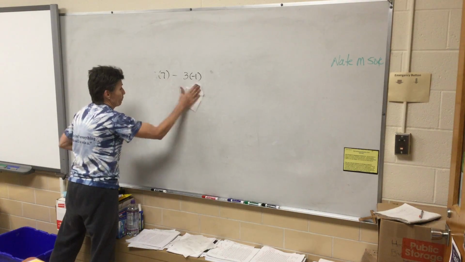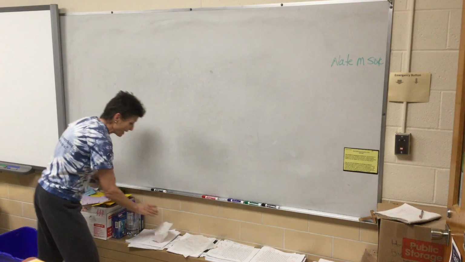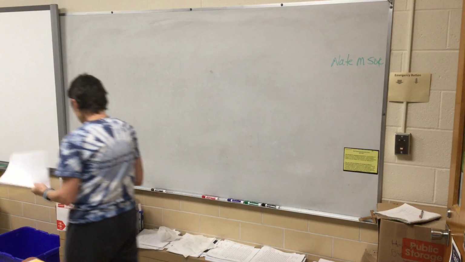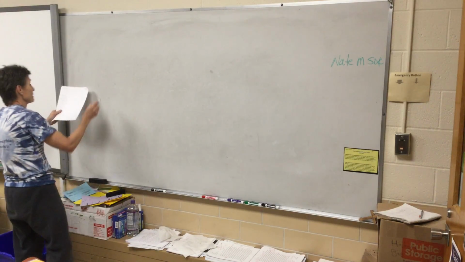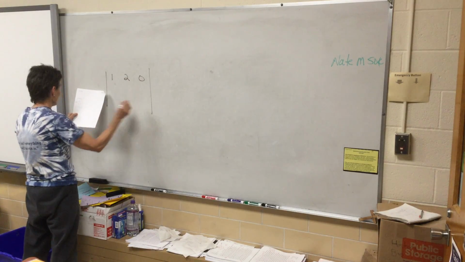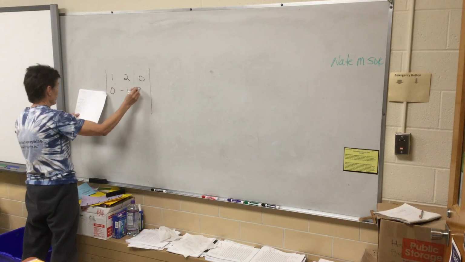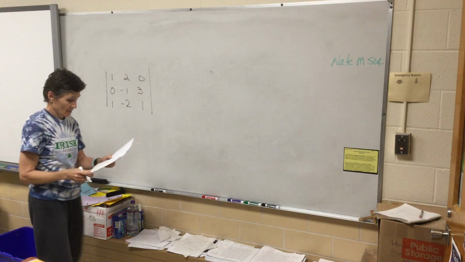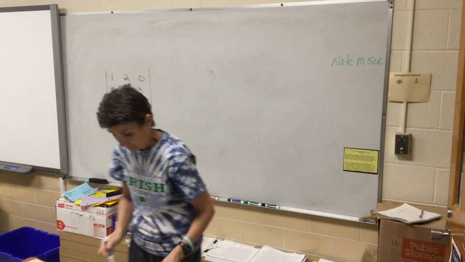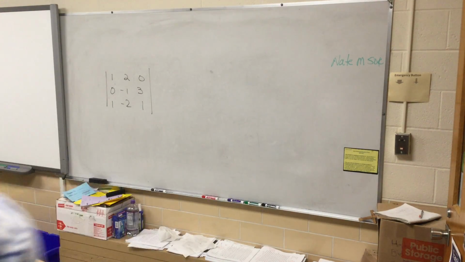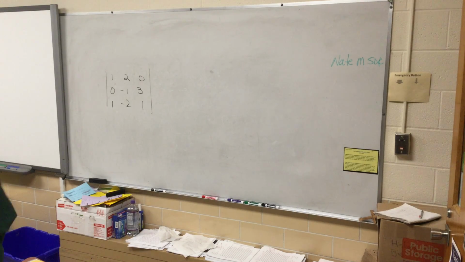Now, the next one is a 3 by 3. This is easy, but again, it's a process that you have to keep straight. So here we go. 1, 2, 0, 0, -1, 3, 1, -2, 1. All right. Okay. To do this problem,